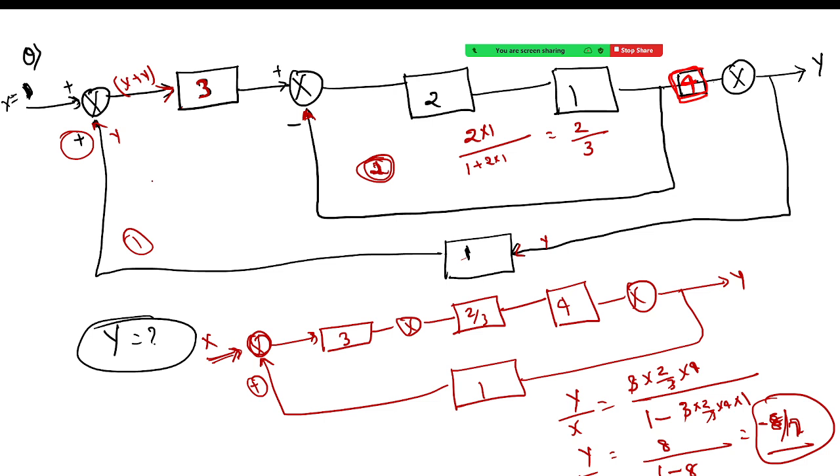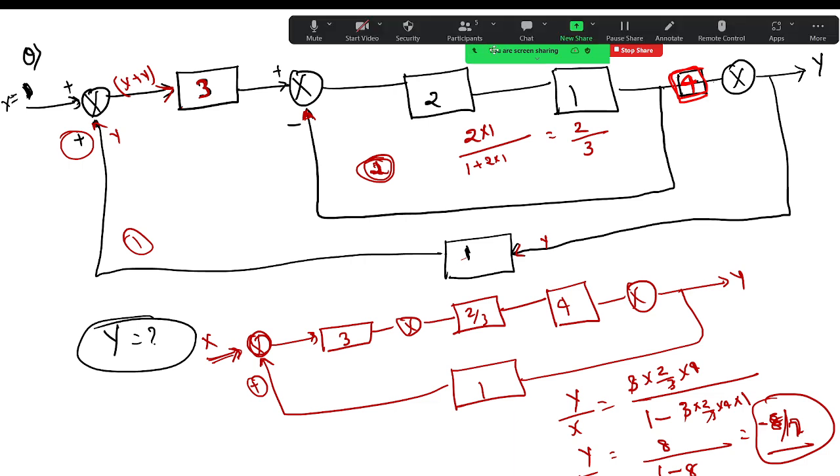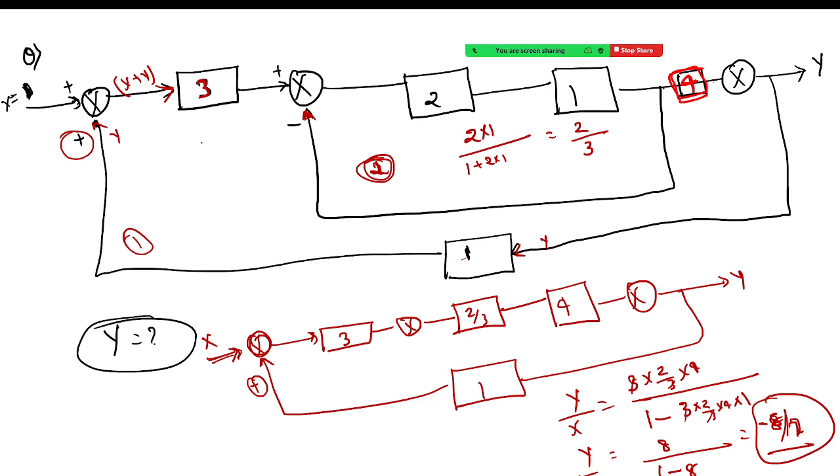Any doubt? Is it clear, Rakesh? Okay, if it is clear, then I'll move forward towards some